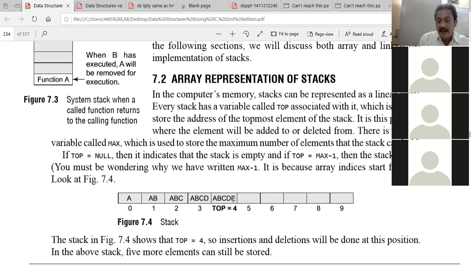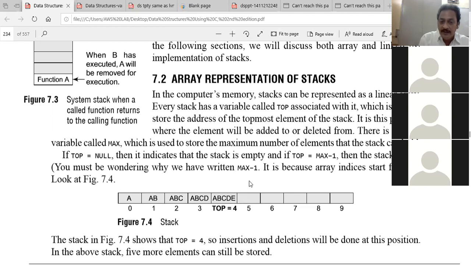Similarly, if you want to increment, that is, add data, initially now top is at 4. Now first move the top pointer to top plus 1. Now what does top become? In addition, when adding an element, now there are 5 elements. Top is at 4. Sandeep, are you understanding? Yes, sir.